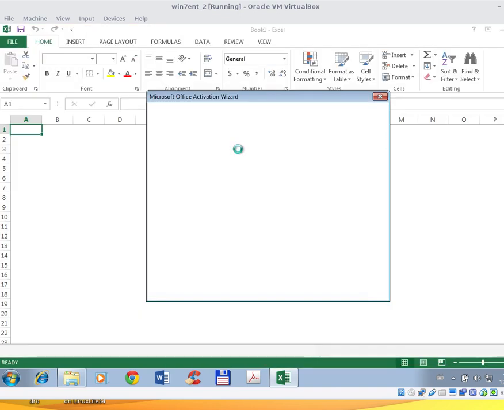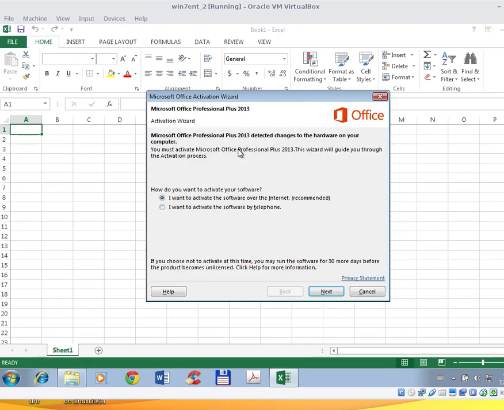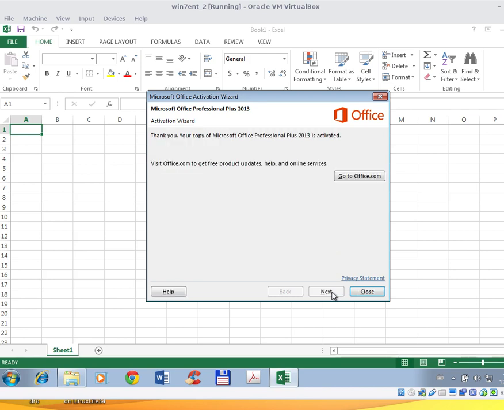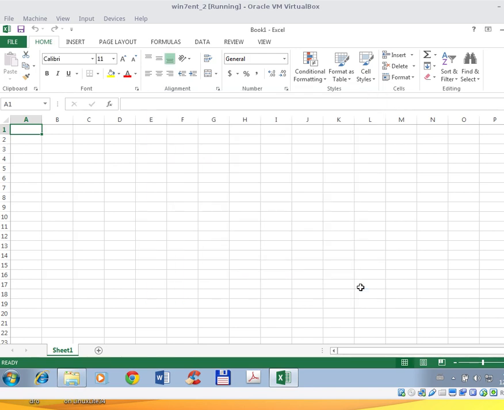Likewise, since it's a virtual machine, the environment, in as far as Microsoft is concerned, has changed, and they want us to activate the Office Professional 2013. Just say I want to activate it over the internet. You click on next. The activation takes place, and a few moments later the product is fully activated. So if we leave Office now,